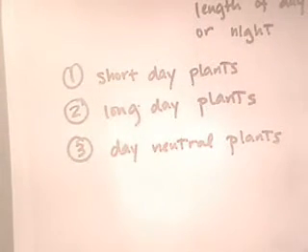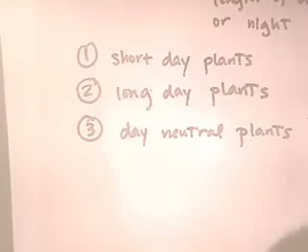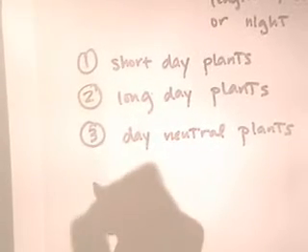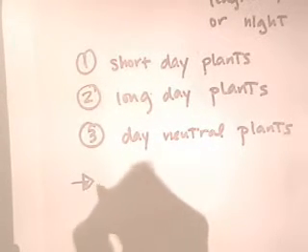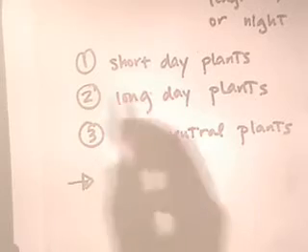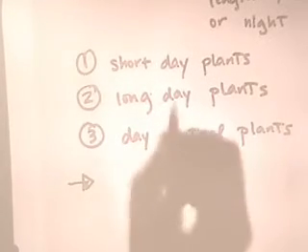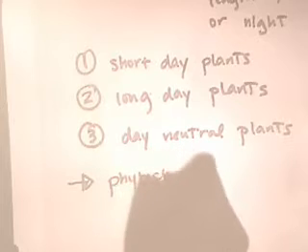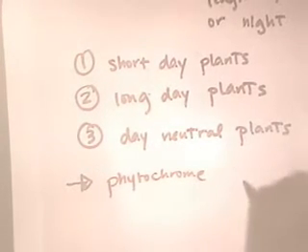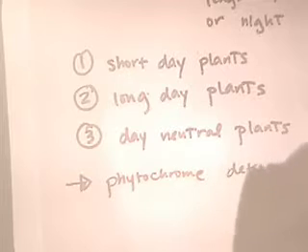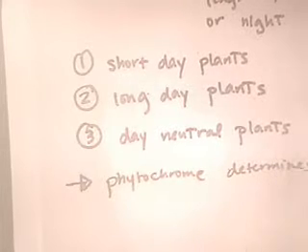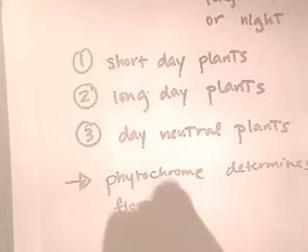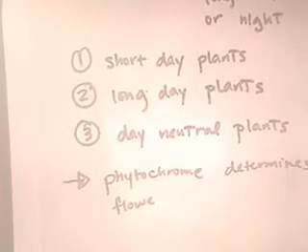They're going to flower regardless of when; they don't care how long the day or night is. Simply put, what they've figured out here is that these plants are basically regulated by a molecule called phytochrome. So really, phytochrome is what determines when a plant will flower. There is also possibly a hormone called florigen that actually controls the flowering, but the phytochrome is supposedly the trigger that's turning on the flowering or turning off the flowering,